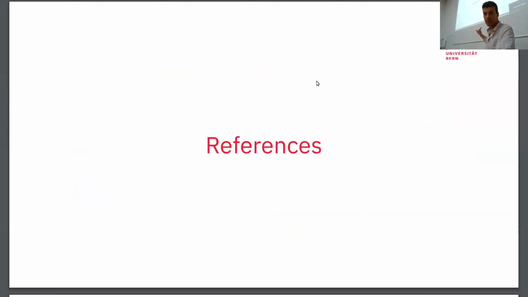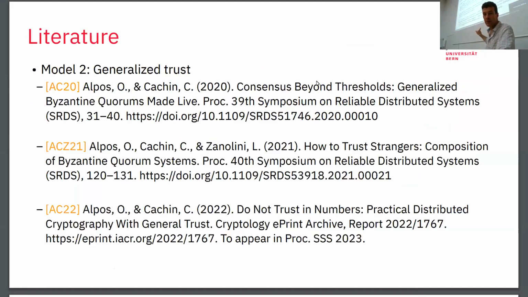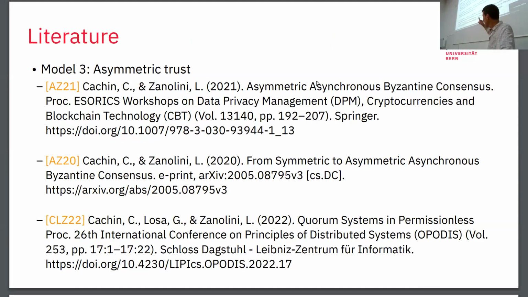I'm going to make the slides available on my homepage under the keyword WISP. Here in this model, we have this last paper with somebody who works on Stellar, where we abandon the idea that every node knows what the set of participants is. Then we cannot evaluate the B3 property anymore. So this is a different formalization again, but it builds somewhat of a bridge between the asymmetric model that I've just explained and the model that is used in Stellar, which has yet other features, to be honest.